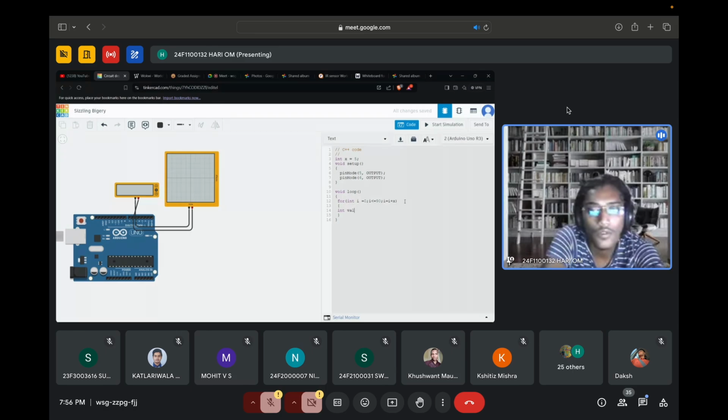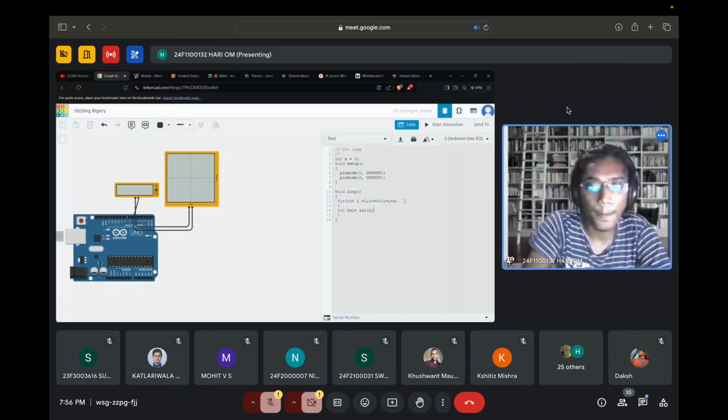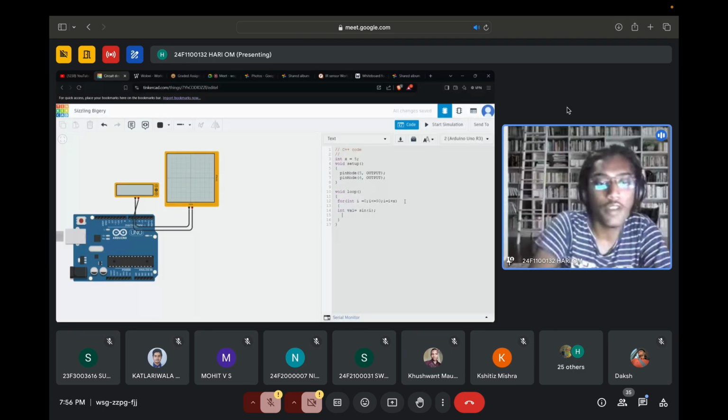Int val is equal to sine. Okay, now we are going to use analogWrite, because we cannot use digitalWrite, because digitalWrite works only with 0 and 1. With analogWrite we can use 0 to 255, sorry, 255. Analog write, analog write, and